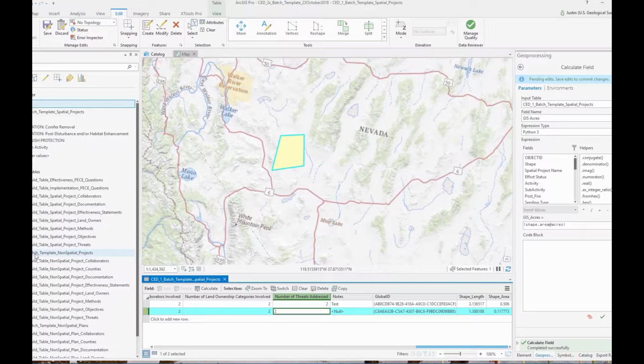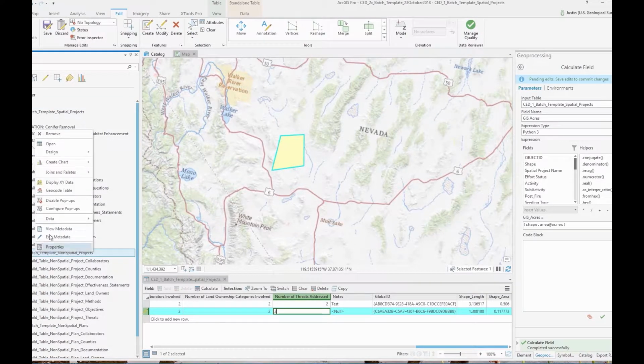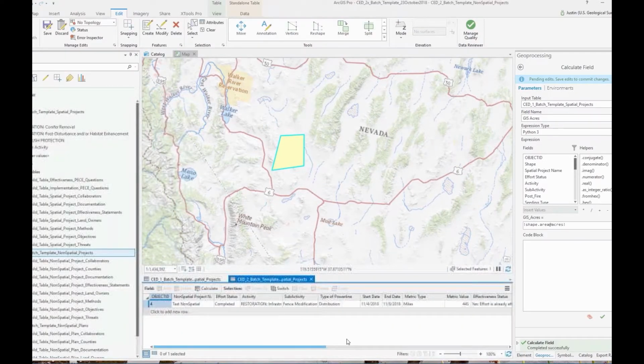That's the CED Batch 2 template. There is no GIS involved in this. This is a non-spatial project. We're going to open it up. And again, you can see a very similar set of fields, now just without the spatial component. The non-spatial plans have even fewer fields. And again, familiarizing yourself with the data will help you to identify which of these fields are required and which